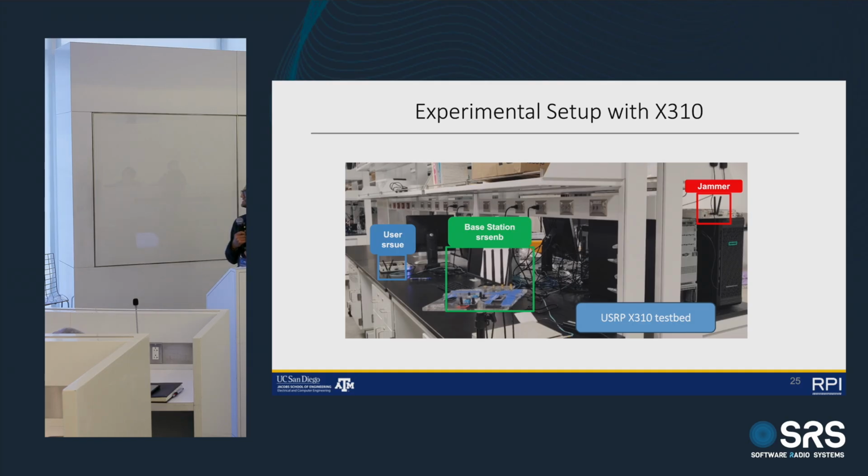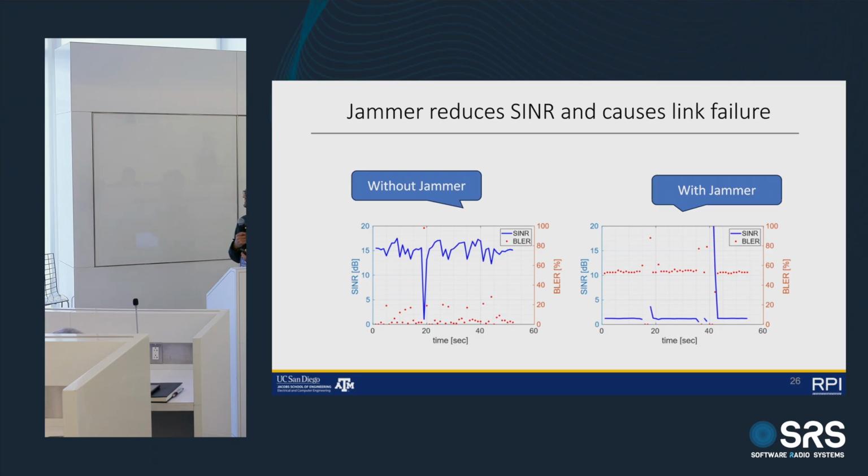So this is how we did the experiment with the X310 setup. We have a base station or eNodeB, we have an srsUE and a jammer, and we will show that the system is capable. So without the jammer, you see the SNR in blue is pretty high, around 15 dB, but when we turn on the jammer, you can see the SNR really goes down. The block error rate, initially it was very low, close to 0, no error, but when you turn on the jammer, it goes up to around 50%, which is the maximum, or a completely random block error rate. You are completely losing your data and throughput.